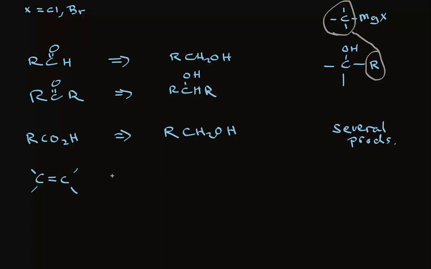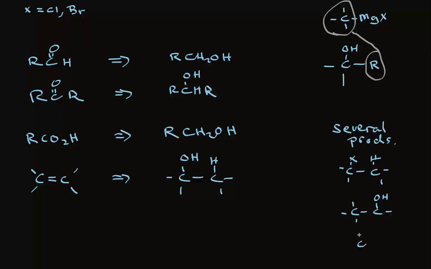Alkenes come from alcohols by dehydration. And several things can be made from these alkenes, including alkyl halides, by addition, alcohols that have the other regiochemistry, by addition,